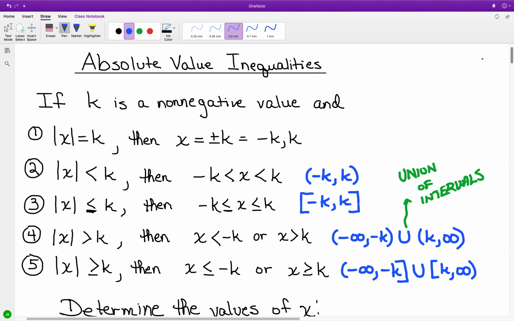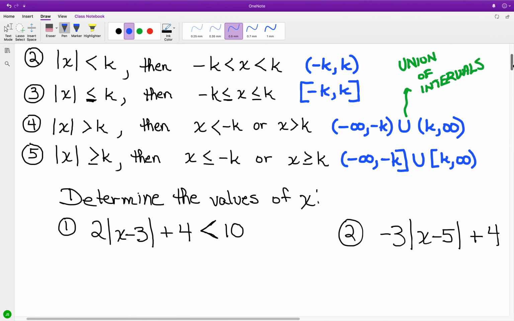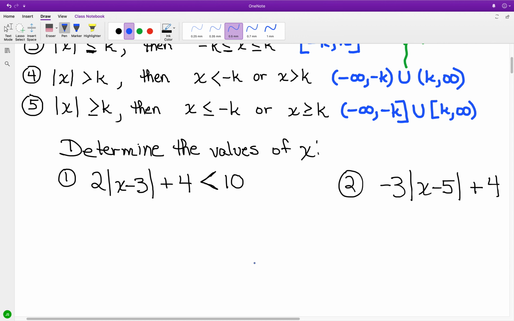All right. Now, for dealing with inequalities, if we're looking for the values of x, let's say that for our first statement, we have 2 times the absolute value of x minus 3, plus 4, is less than 10. So if I isolate the absolute value of x minus 3, again, you do not treat the absolute value symbols as you would parentheses, so we're not going to distribute 2. We're going to proceed, again, by subtracting 4 from both sides. So we have 2 times the absolute value of x minus 3